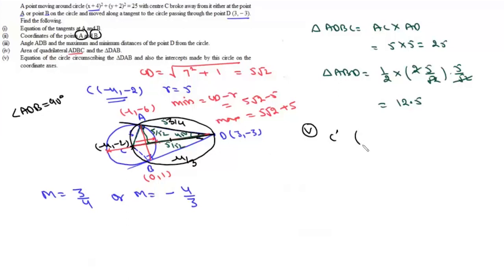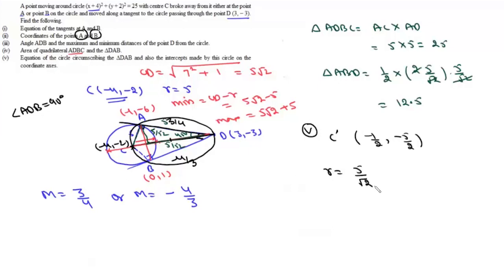So this C dash will be minus 4 plus 3 upon 2, so that is minus 1 by 2, and here it is minus 2 minus 3 upon 2, which is minus 5 by 2, and its radius will be half the distance CD, and we know that this CD is 5 root 2, so its radius will be